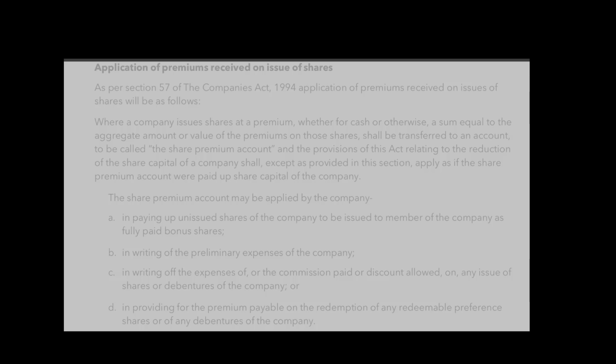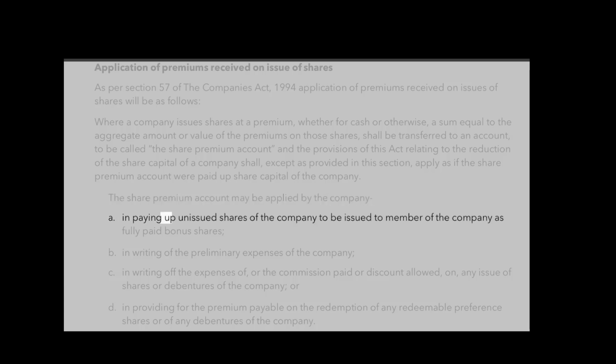Application of premiums received on issue of shares. As per Section 57 of the Companies Act, 1994, application of premiums received on issues of shares will be as follows. Where a company issues shares at a premium, whether for cash or otherwise, a sum equal to the aggregate amount or value of the premiums on those shares shall be transferred to an account, to be called the share premium account, and the provisions of this Act relating to the reduction of the share capital of a company shall, except as provided in this section, apply as if the share premium account were paid up share capital of the company. The share premium account may be applied by the company: